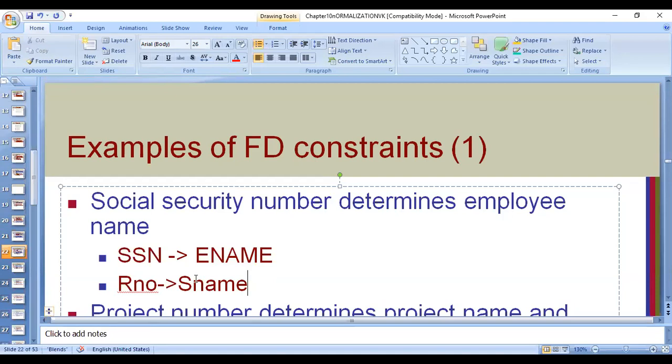And sometimes they even ask for the informal guidelines for relations. And sometimes they ask about normalization, which we are going to see from the next class. The first normal form itself talks about functional dependency, and the second and third normal forms also talk about functional dependency in a little more detailed manner. What are those details? Those are called full functional dependency or partial dependency. All that we will learn in the next class.